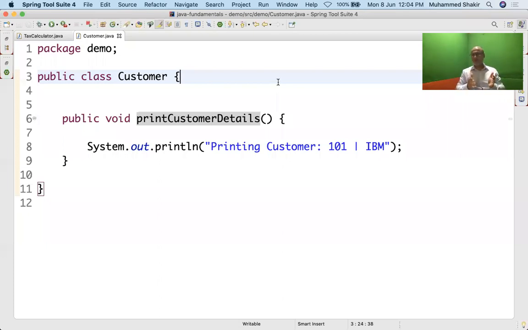For example, if I say human being is a class that God created, he definitely, when he created this class, he did create what? What are the properties? Right, there are many other properties, but yes, you've got age, you've got height, you've got color. Right, that's how it is. Correct. So when an object of that class is created, say Shakir is an object of that class, he will definitely have an age, he will definitely have height, he will definitely have color. The values of these properties will be different from one object to the other. Try and understand this point.